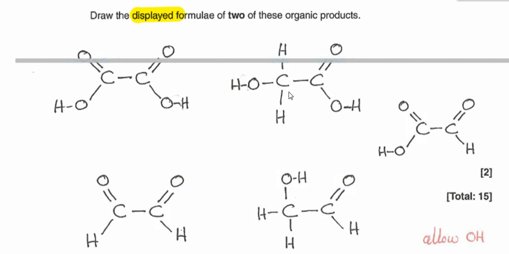What you could also do is not react one alcohol and just produce a carboxylic acid on one side. Accepted that. Again, you could just get an aldehyde on one side and leave the alcohol alone there. Or you could do all sorts of different things. Here we've got carboxylic acid on one side and aldehyde on the other. As long as you know that it's a primary alcohol, it's being oxidized so it can produce aldehyde or carboxylic acid, and you've got one of those functional groups in two different ways, then you get your